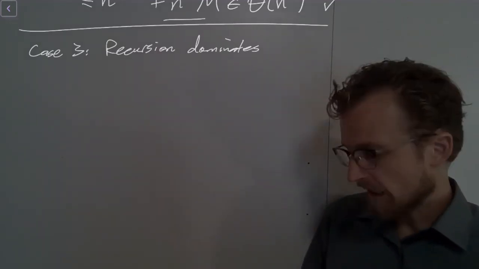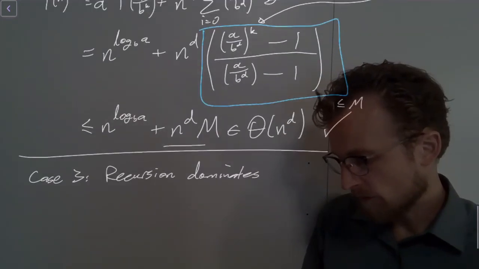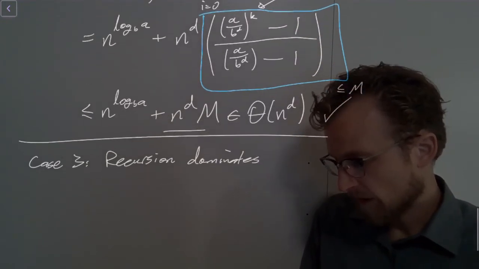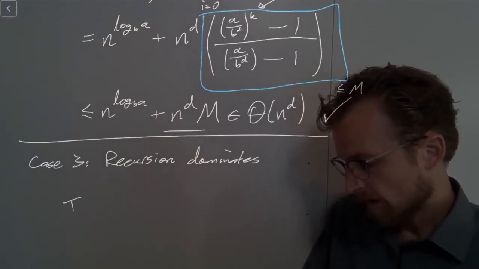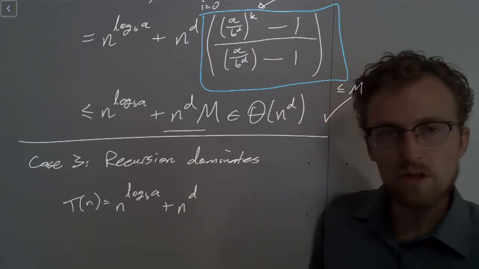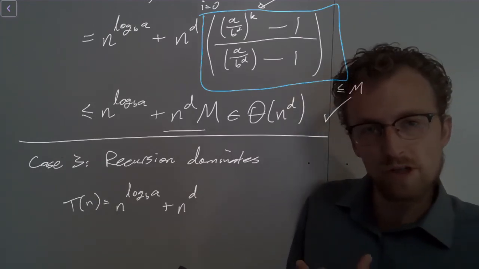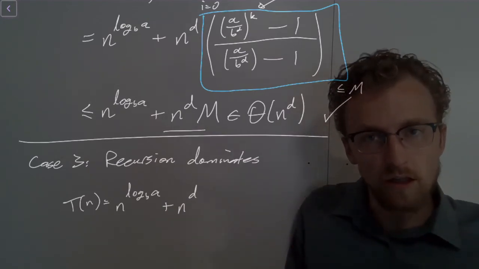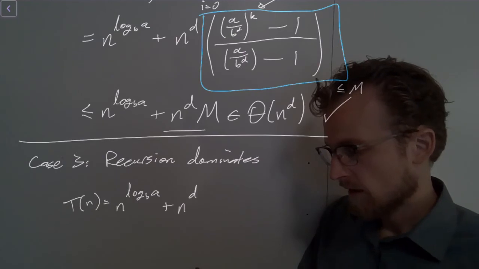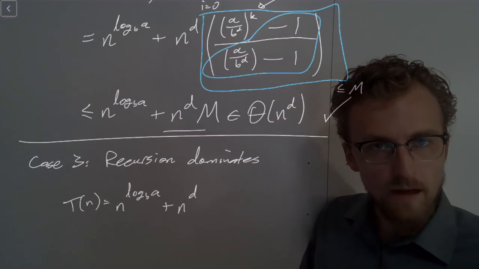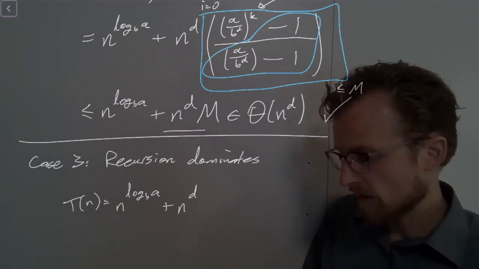So for the recursion dominant case, let's go back to our geometric series expression. Let's take a look at what we've got here. So we have, I'm just gonna copy this down here. So we've got t of n equals n to the log base b of a plus n to the d times a bunch of stuff, and I'm just gonna capture the piece that depends on k, and then I'll encode all the rest of it as a constant. So I'm going to encode all of this as a constant that's kind of irrelevant to our purposes, and then